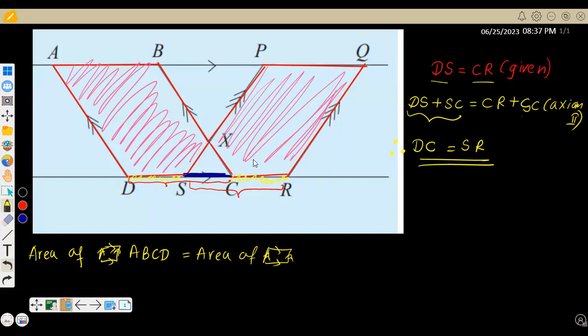DC is equal to SR. And what is the reason? DC and SR are equal. If they do not lie on the same base, but the bases are equal,